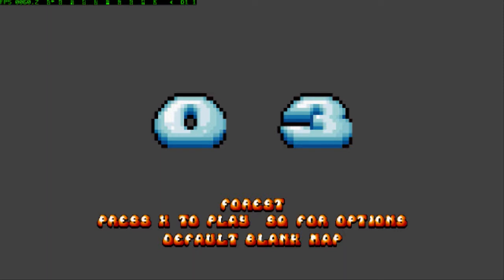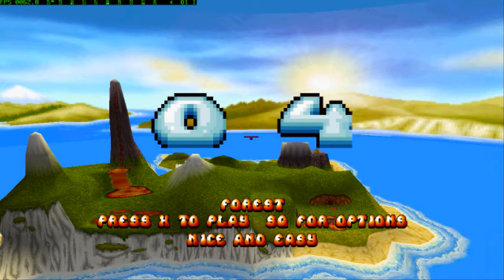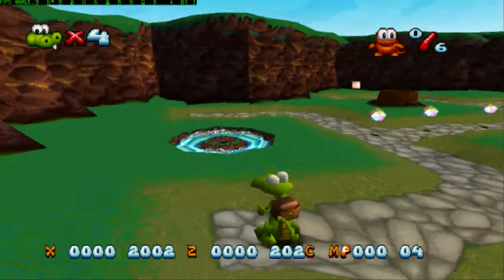It's kind of weird to think though that Croc was actually the inspiration for Super Mario 64, funny enough. It's funny because Argonaut actually went to Nintendo and said, "Oh, let's make a 3D Yoshi platform game," and they denied it. But yet again, they used the...